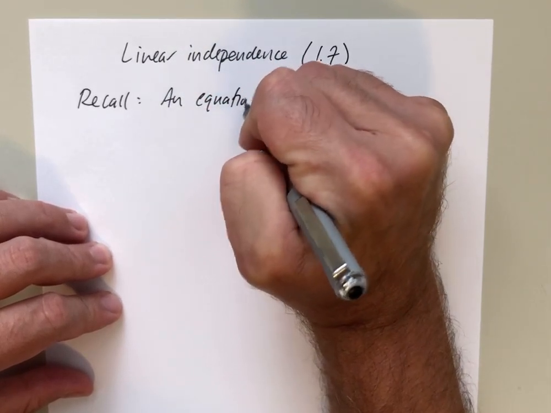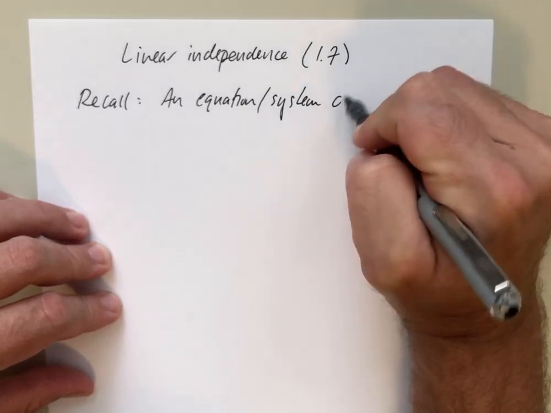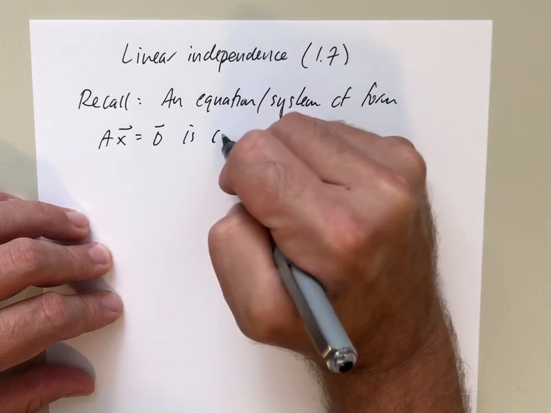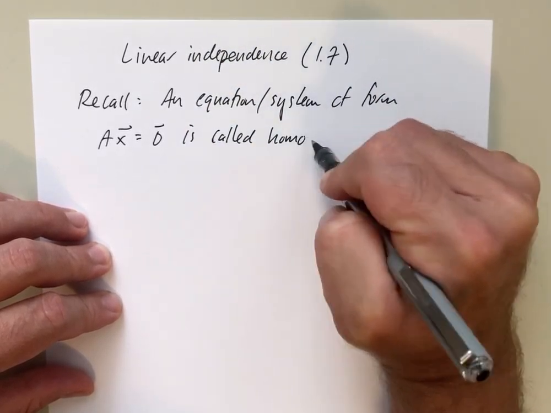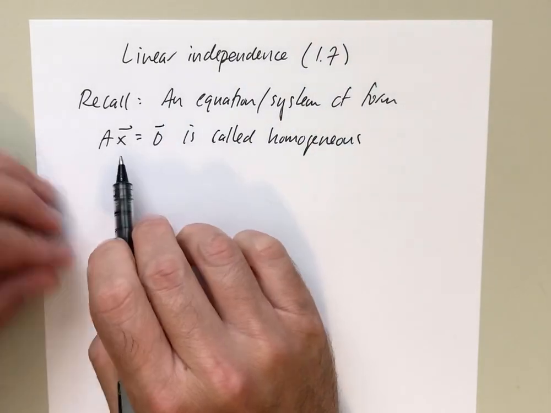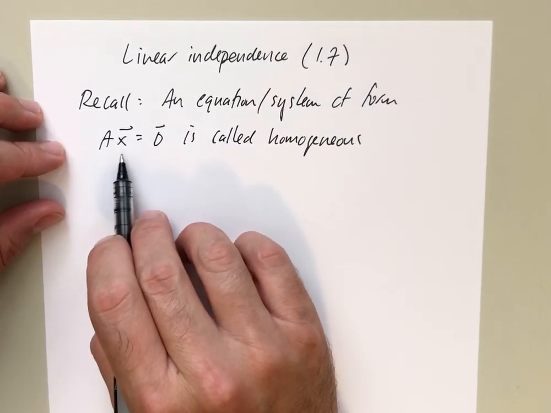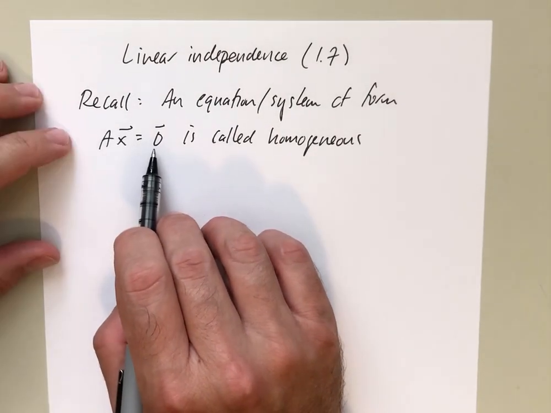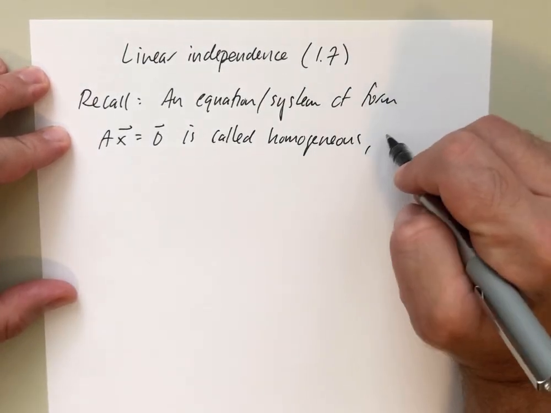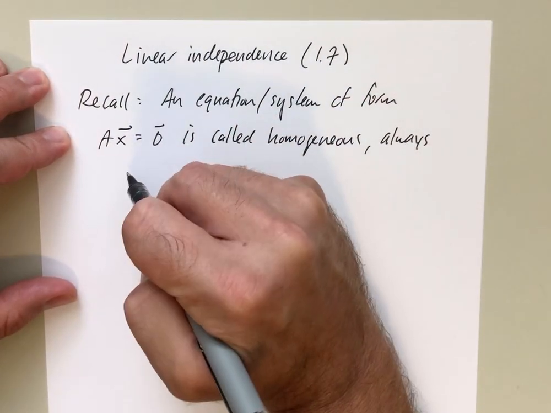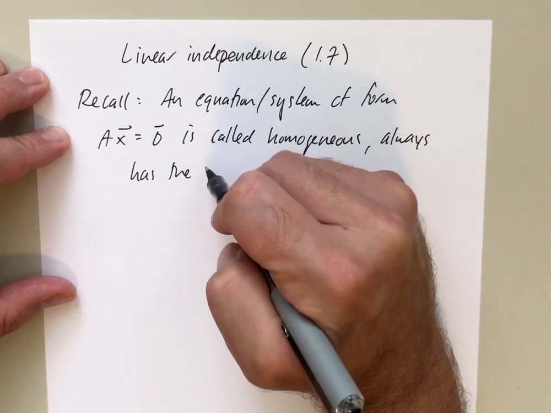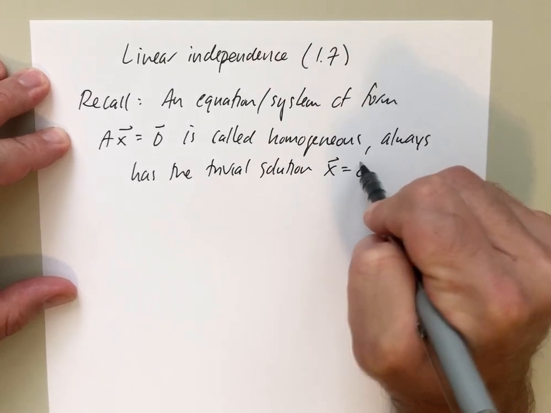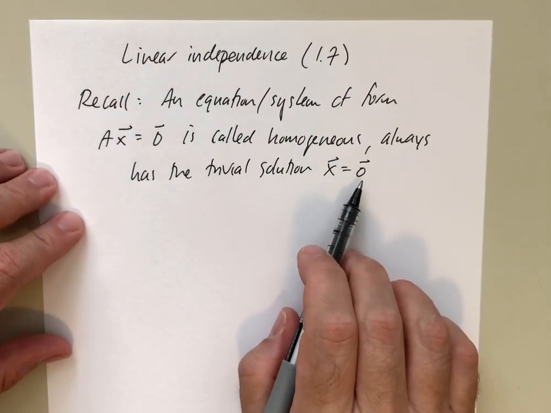Let me, to motivate this, recall an equation, or I guess system, of the form Ax = 0, which is called homogeneous. We talked about this last time. I'm writing this as the matrix equation: A is some m by n matrix, x is my unknown, and I set this equal to 0. The right-hand side is 0. That's called the homogeneous system, and this always has a solution, the trivial solution, if I take everything just to be 0. If I take all values of the variables to be 0, that's always a solution because it always works